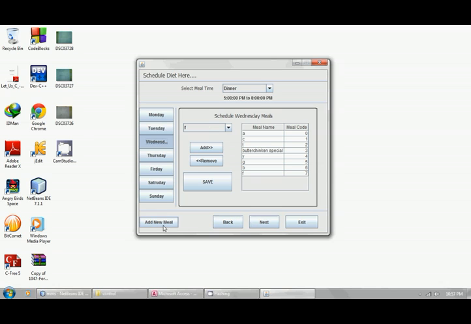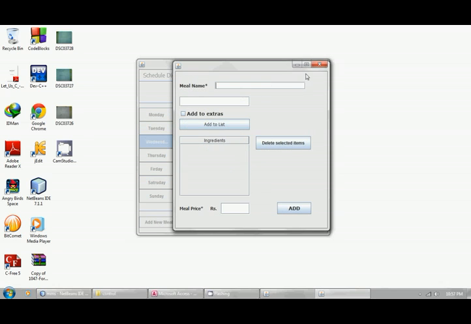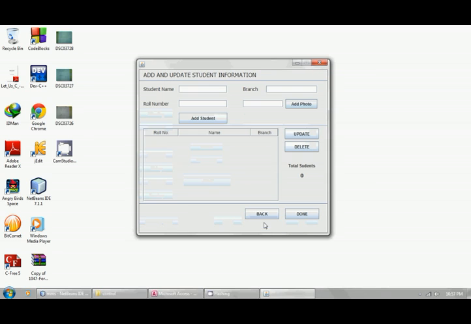And then if we want to add more meals, we can click here and add even more meals. Then we click on next.